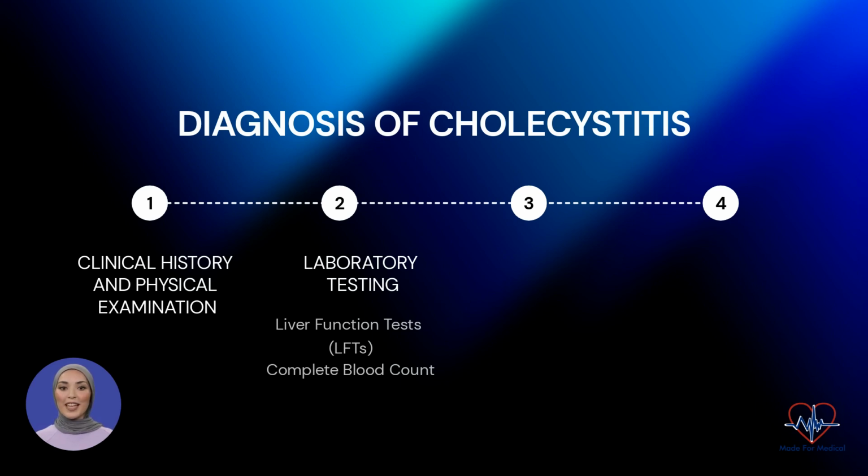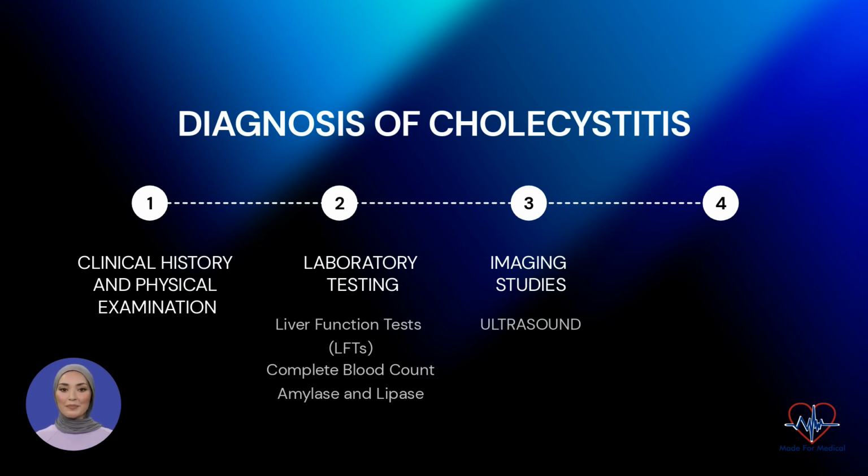CBC may reveal elevated white blood cell count, suggesting an inflammatory response or infection. Amylase and lipase, to rule out pancreatitis, as it can present with similar symptoms. Imaging studies. Ultrasound. Abdominal ultrasound is the primary imaging modality for diagnosing cholecystitis. It can detect the presence of gallstones, assess gallbladder wall thickness, and evaluate for complications such as gallbladder inflammation or